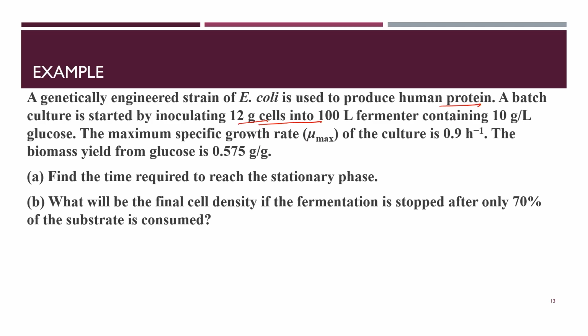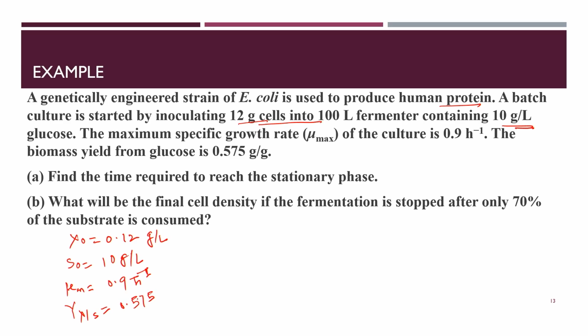So, x naught equals 0.12 gram per liter, containing 10 gram per liter of glucose, S naught equals 10 gram per liter. The maximum specific growth rate mu max is 0.9 hour inverse, and biomass yield y x upon s is